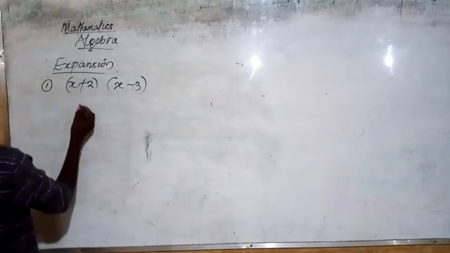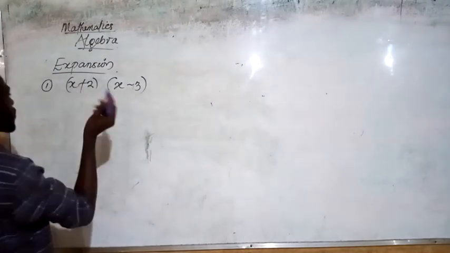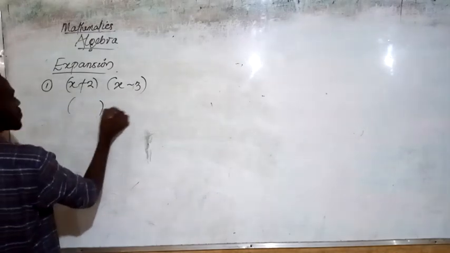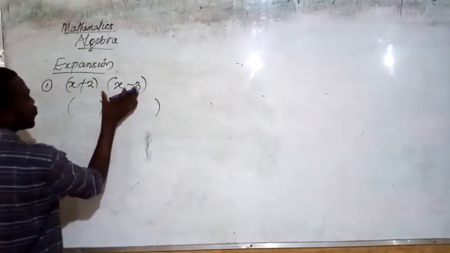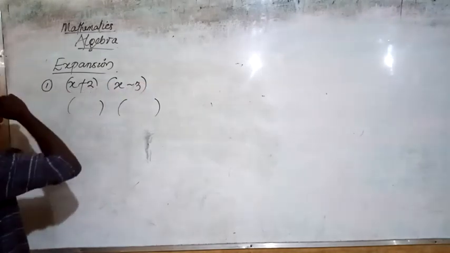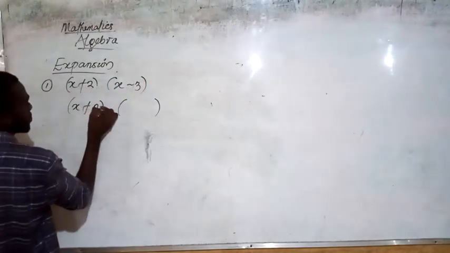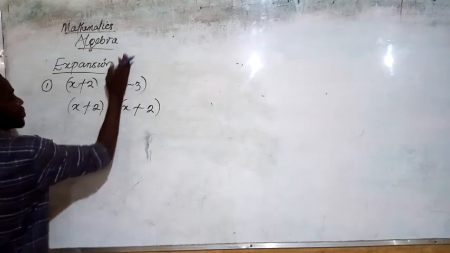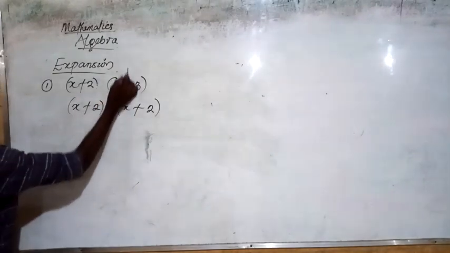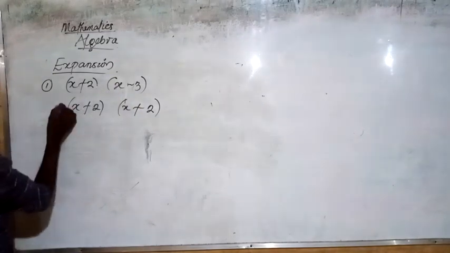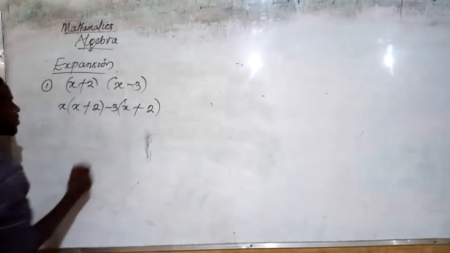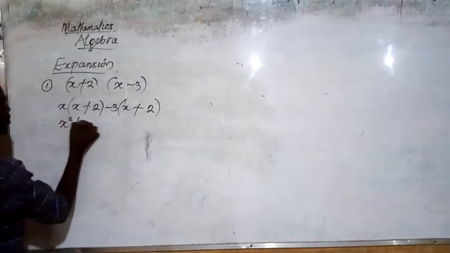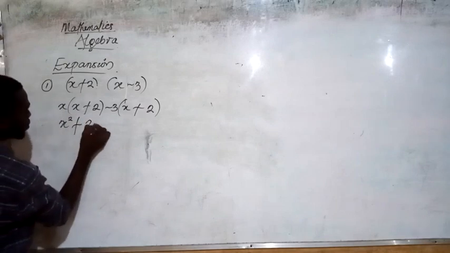Very simply, there are two ways. The first way is quite long, and what you do is you open two undefined brackets. Now you put the first expression in both brackets, and then this second expression, split it outside of the two brackets. So you split it this way. You put x outside of this, and you put minus 3 outside of this. So that you have x times x giving x squared, plus x times 2 to give you 2x,